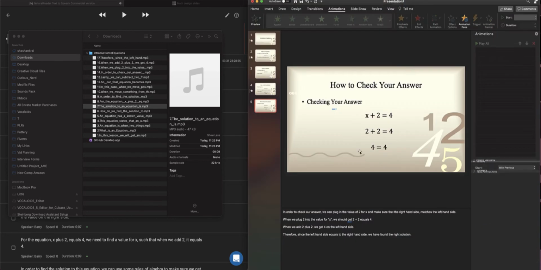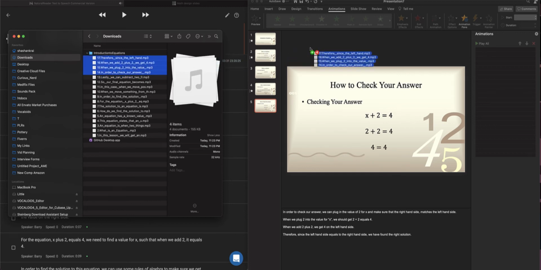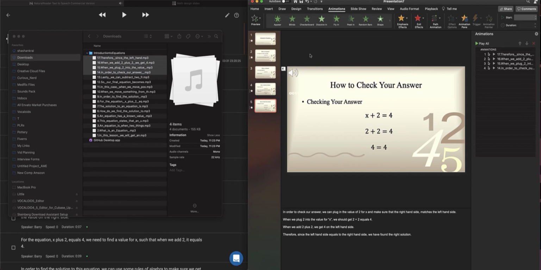And then we'll do the how to check your answer slide really quick. So we have used up to 13 here. In order to check our answer, all the way up, and then just remember to move this little talking thing outside so it never shows up on your final presentation. Same process as before. Organize